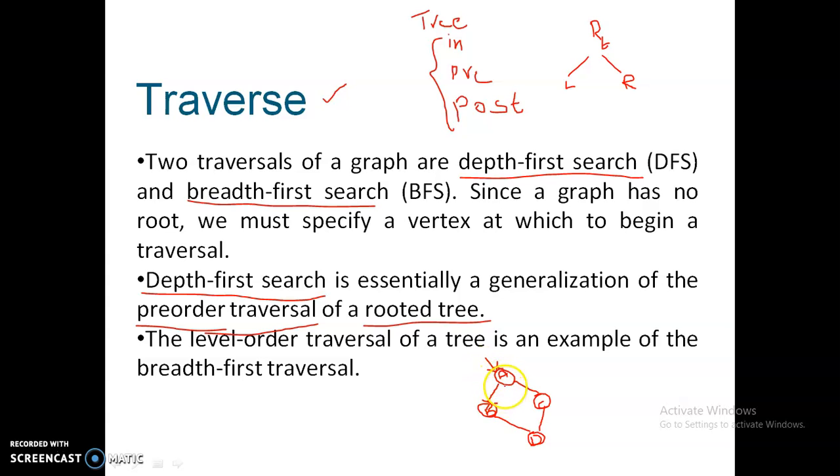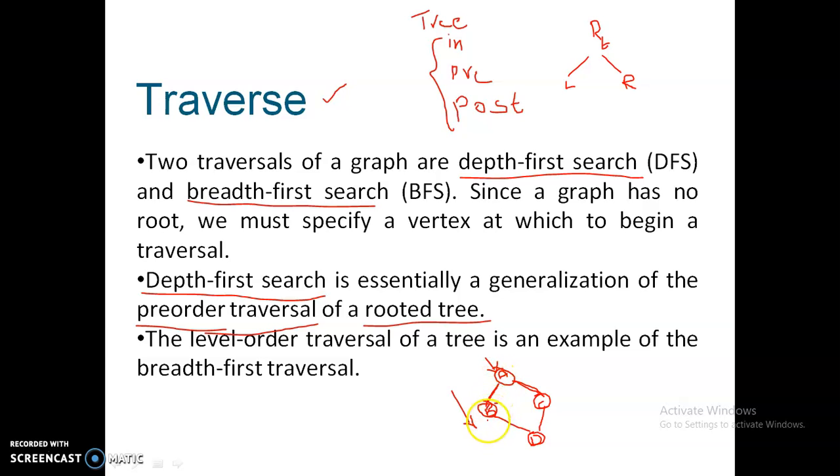Whenever you want to go down, you have two paths: either move from A to B and then go down, or move from A to C and then go down. So we need to choose any one, either by alphabetical order or by first one or something like that.